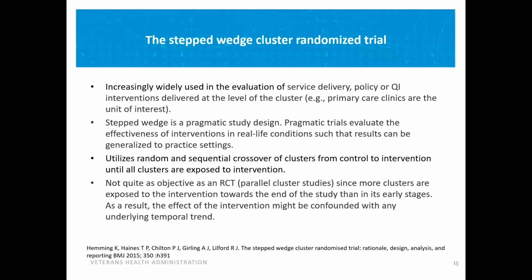Pragmatic trials evaluate the effectiveness of interventions in real-life conditions such that results can be generalized to practice settings. It utilizes random and sequential crossover of clusters from control to intervention until all clusters are exposed to the intervention. And it's not quite as objective as a randomized control trial or its kind of partner,